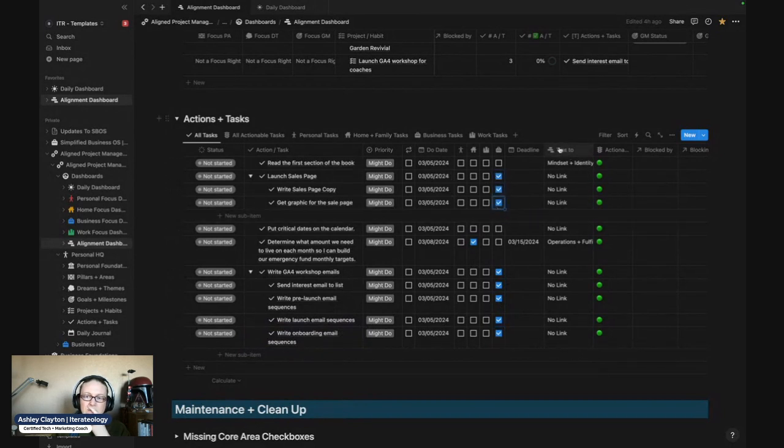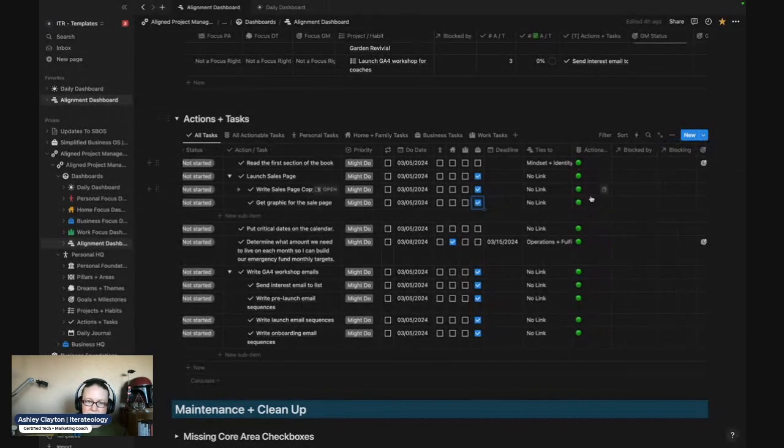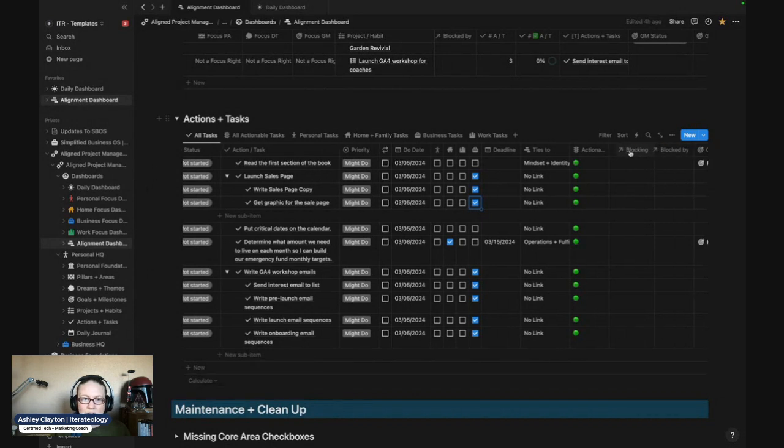So right now, and again, this will pull in things of like, hey, no link. This tells you that you've missed a link step up here. Not a big deal. I'll show you what to do about that here in a second. So with these, you also can have the same dependencies because it's not just the tasks, but there's like an order to this. So I can't really do anything. I'm actually blocking over here. So I can't really do anything for sales copy to